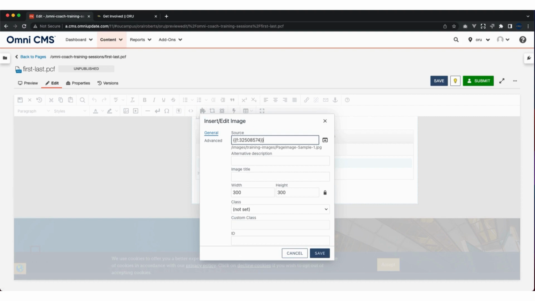So now we have the file path to the image. Omni knows what image to show here. And again, it's using the dependency tag, which is good. That's what you want. You don't want to see this right here inside of the source field, because if you see it in there, if for whatever reason someone was to change anything in this file path, if they changed images to image, if they changed page image to page-image,